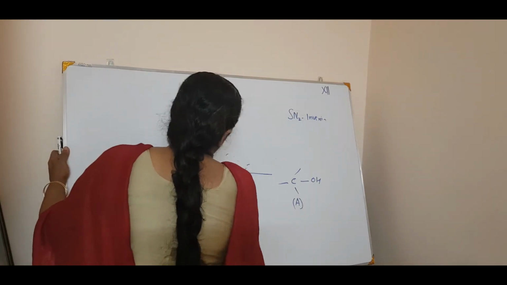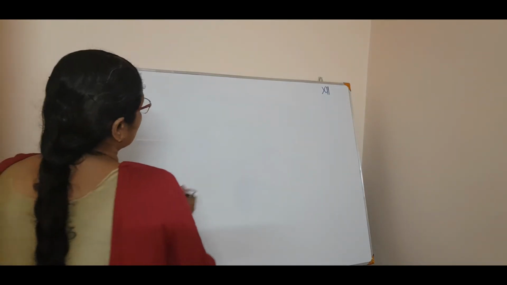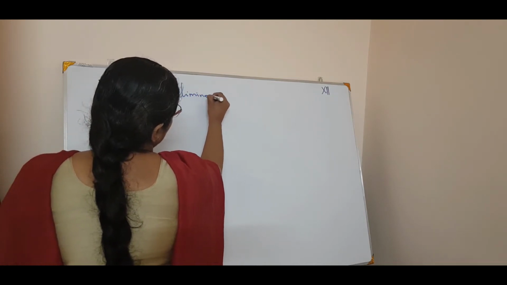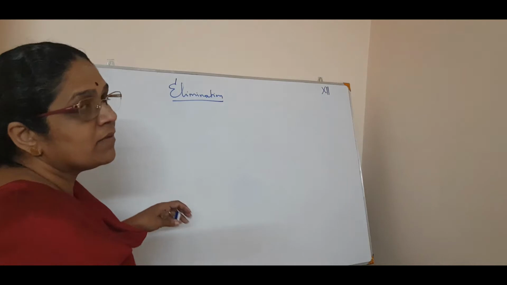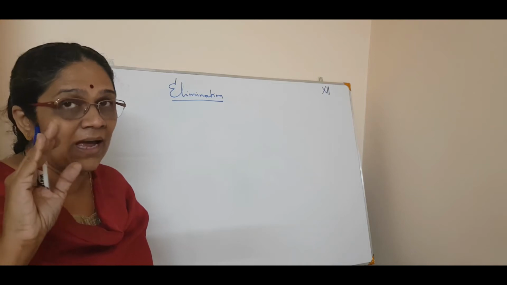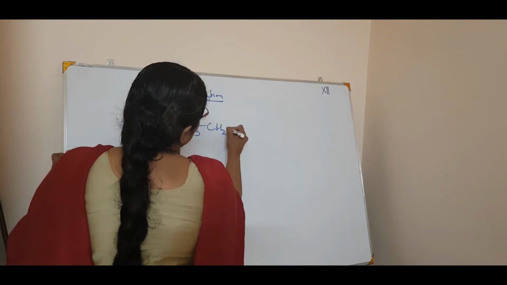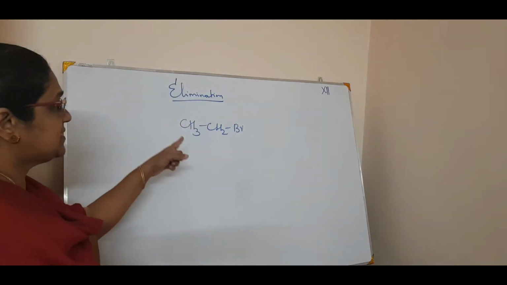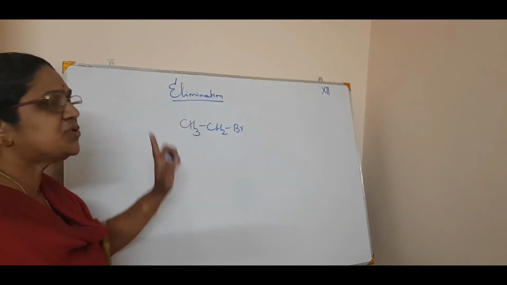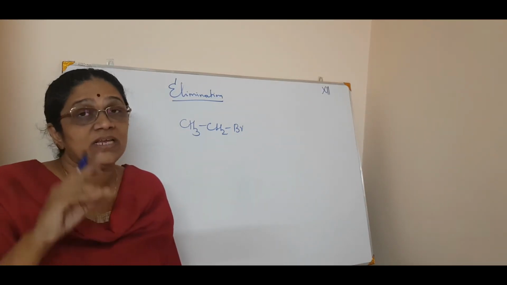It's also very simple. That means elimination reaction, you know. In the Western also we have studied about the elimination reaction in alkenes and all. Here, in elimination reaction, there is a condition to be satisfied. We are studying about haloalkanes. So I will write a simple haloalkane, for example, CH3CH2Br. Correct? CH3CH2Br, a simple haloalkane. Or you can write CH3CH2Cl. Okay. Now, if an elimination happens or is to happen,